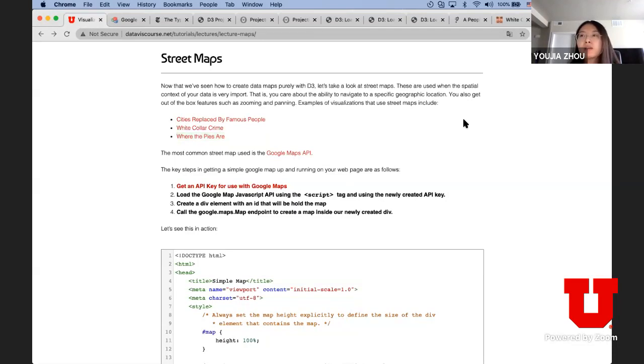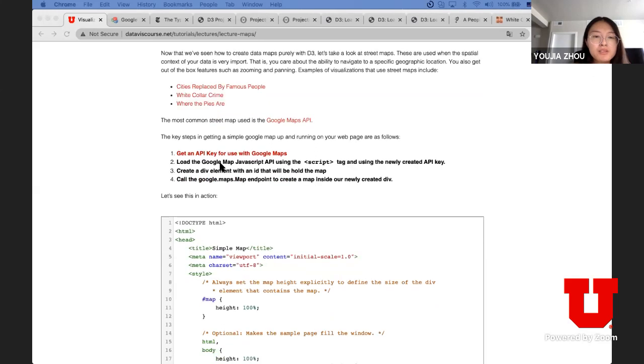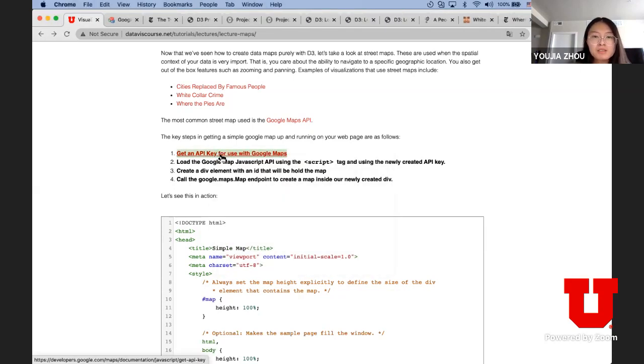And the most commonly used street map API is the Google Maps API. To use the Google Maps API, there are 4 most important steps. The first step is that you need to get an API key to use with Google Maps. So if you go to this webpage, Google describes